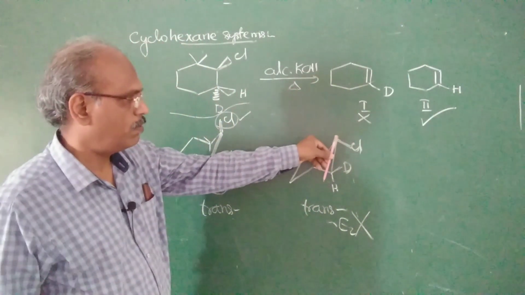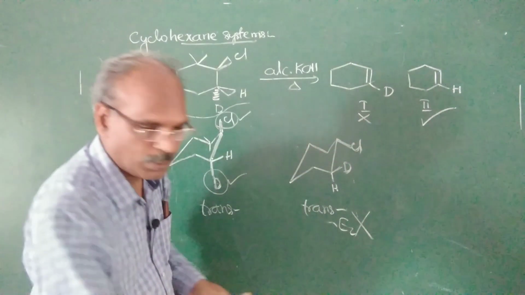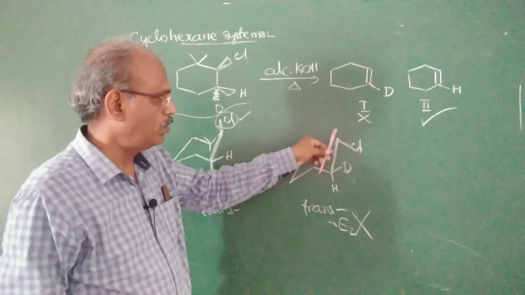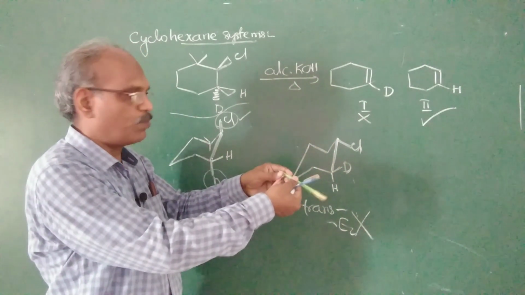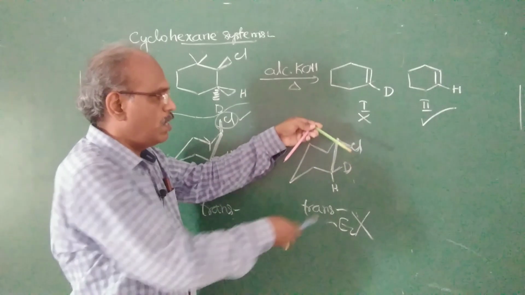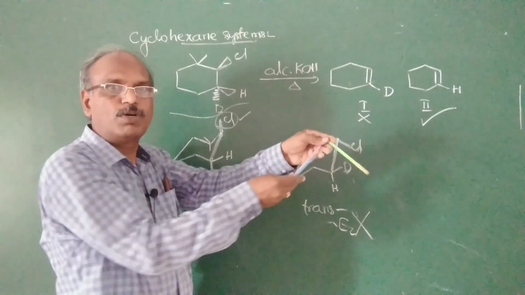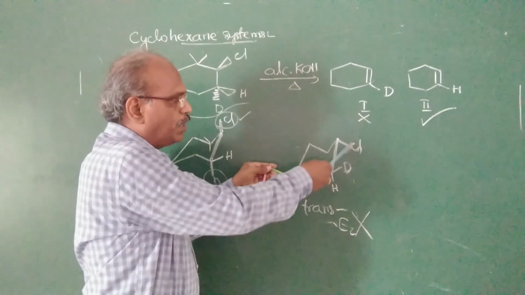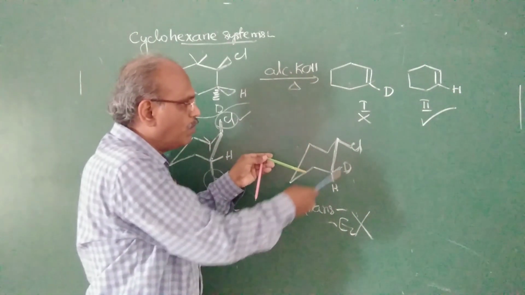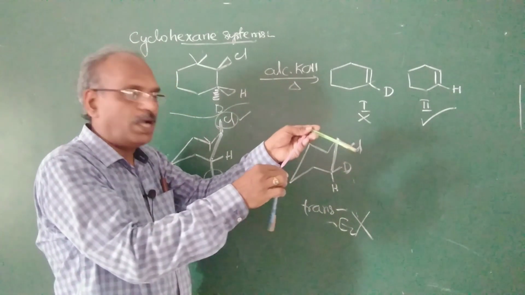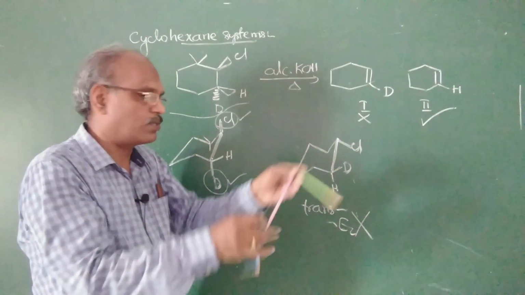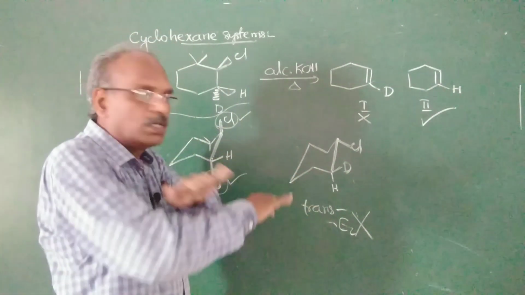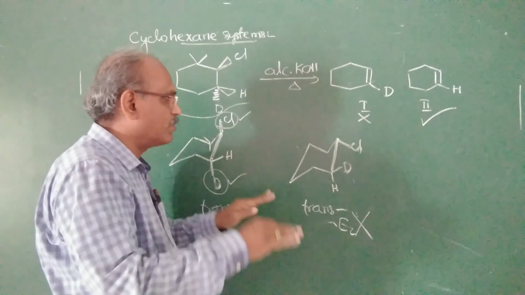See, this is the carbon-carbon bond. Look at this. Here Cl is projected downwards, and here deuterium is projected upwards. What about Cl and deuterium? They are in different planes. Even the hydrogen, if Cl is like this, hydrogen is like this, in different planes. So in this conformation, an E2 reaction is not possible.